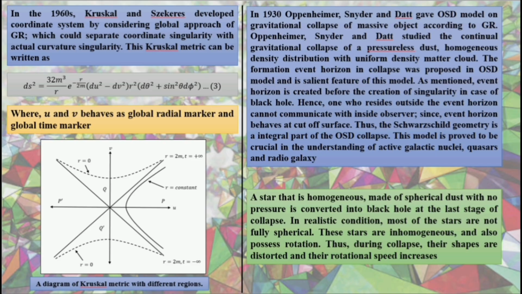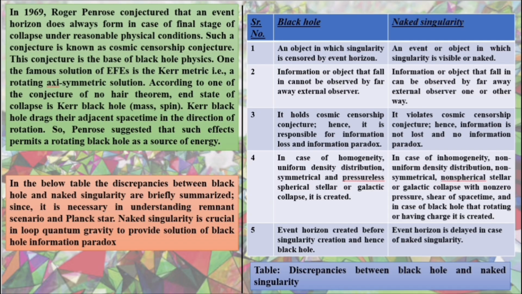A star which is homogeneous, made of spherical dust with no pressure, is converted into a black hole at the last stage of collapse. In realistic conditions, most of the stars are not fully spherical. These stars are inhomogeneous and also possess rotation, and thus during collapse their shapes are distorted and their rotational speed also increases. So in 1969, Roger Penrose conjectured